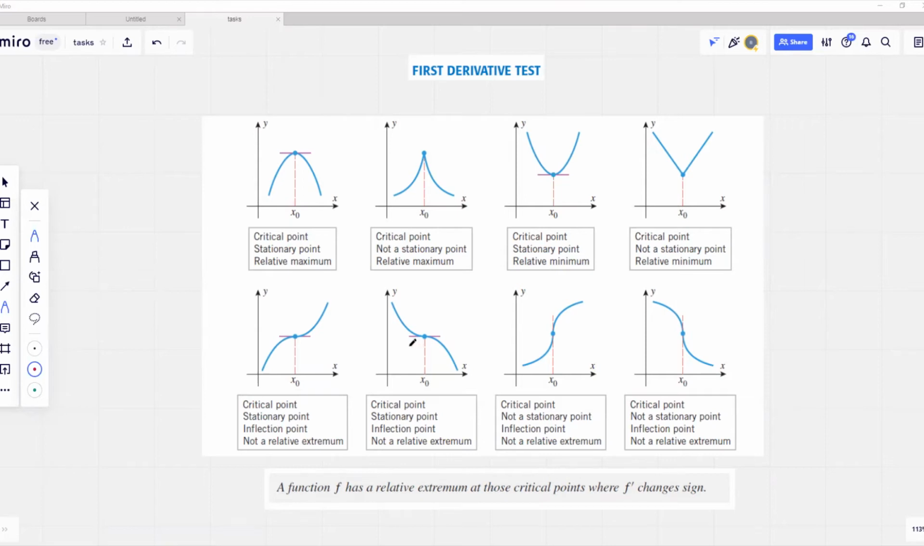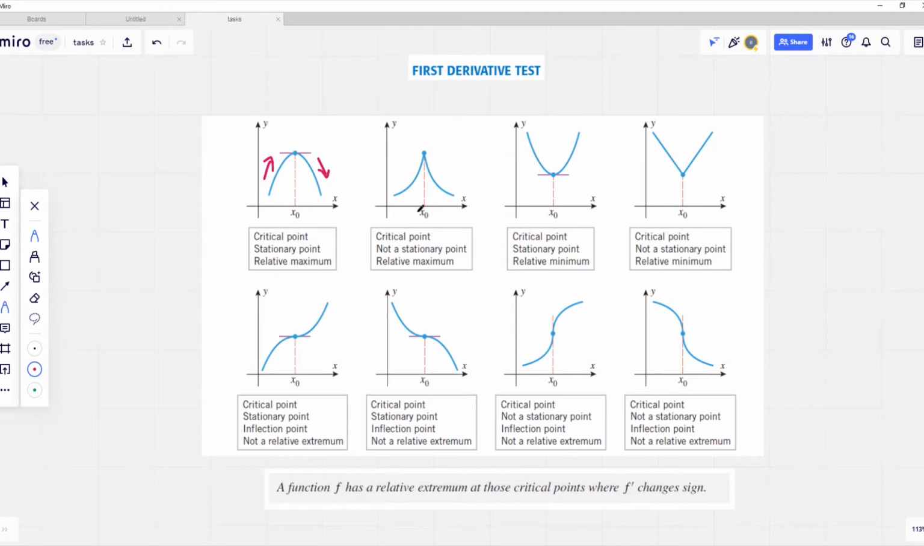So for instance, if we study the following graph at the bottom row, these 4 graphs indicate critical points at which we do not have relative minimum or relative maximum. So let's study a bit more in detail the following 8 graphs. In the first graph, x0 is a critical point. F prime changes its sign over x0, so our function is increasing up to point x0, then it is decreasing